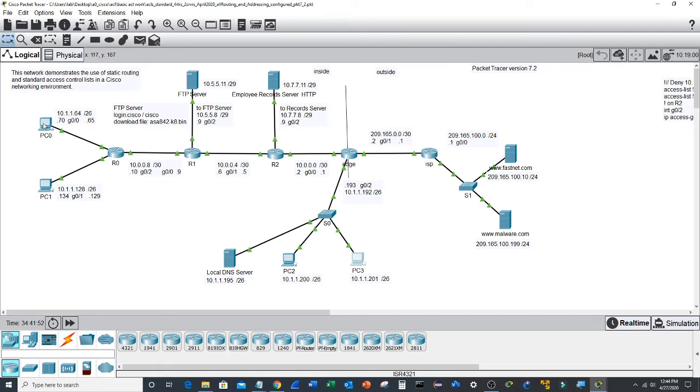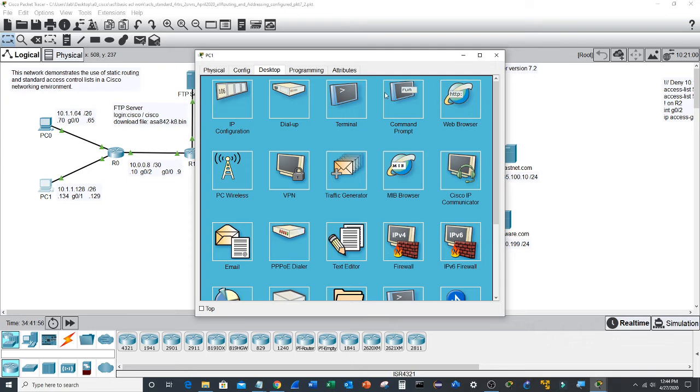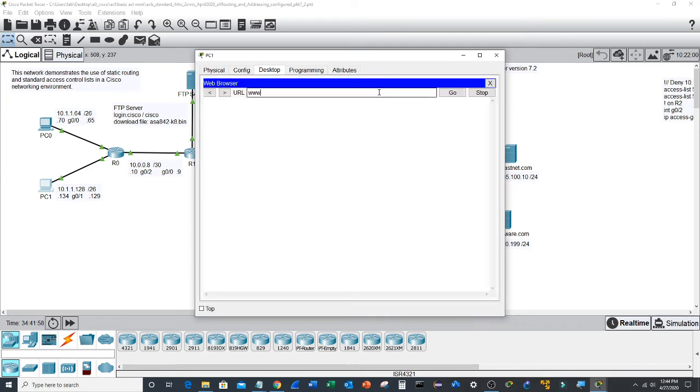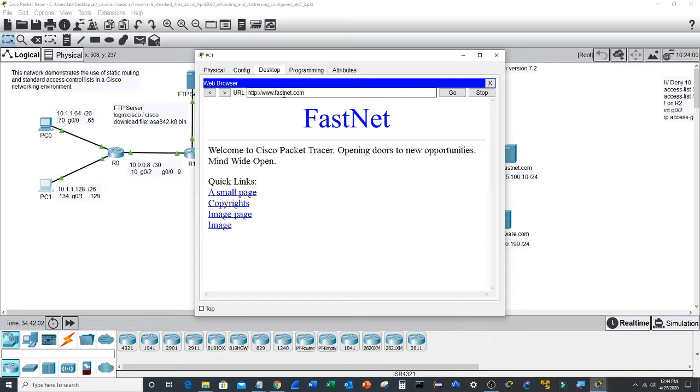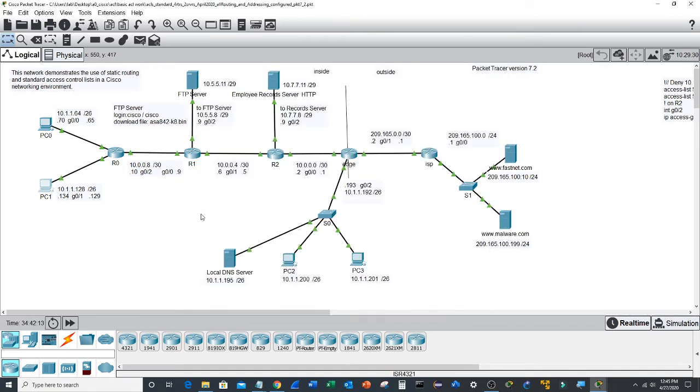Now let's go over to here, PC1, Fastnet. Malware. We can see that we have open access throughout the network. As our example